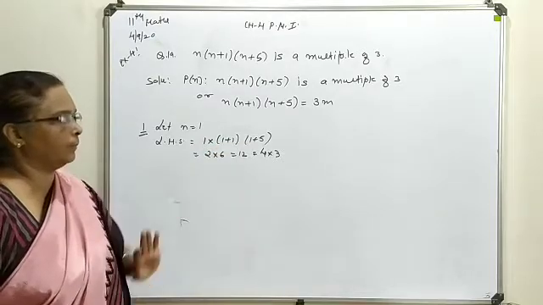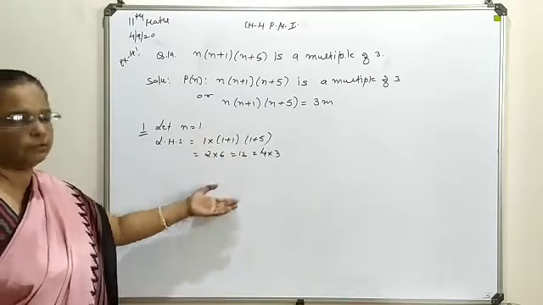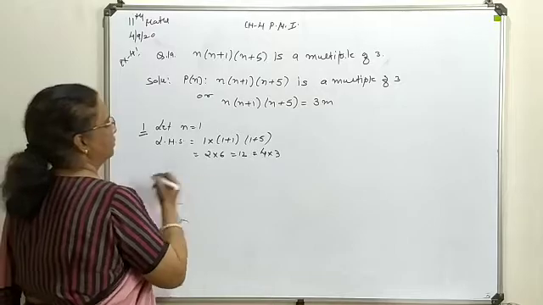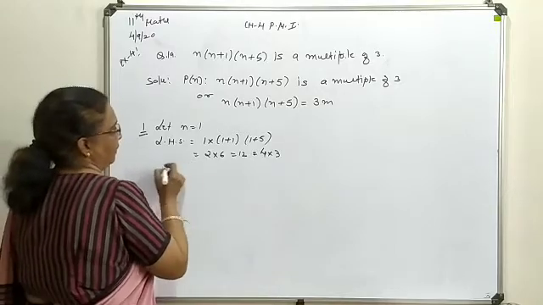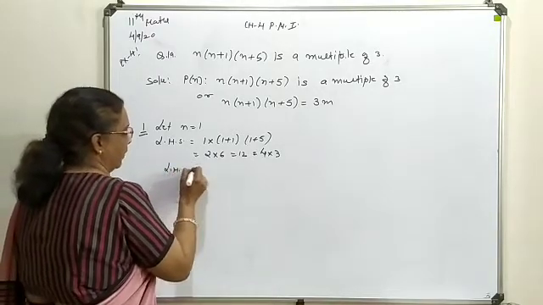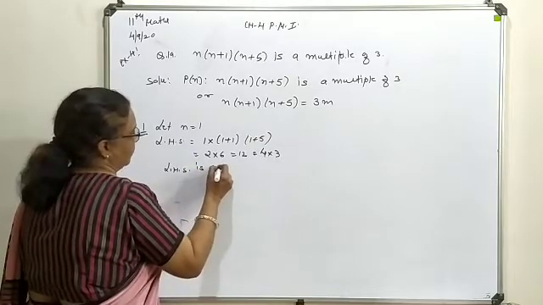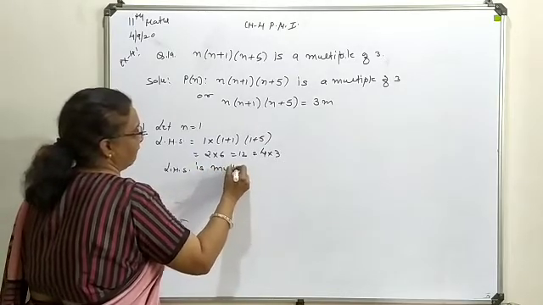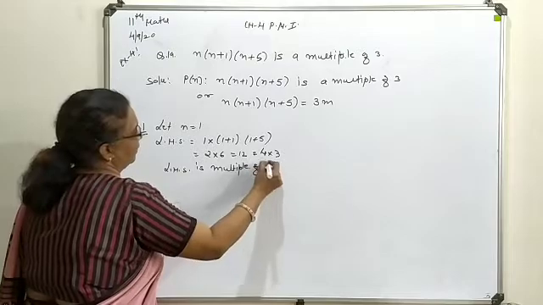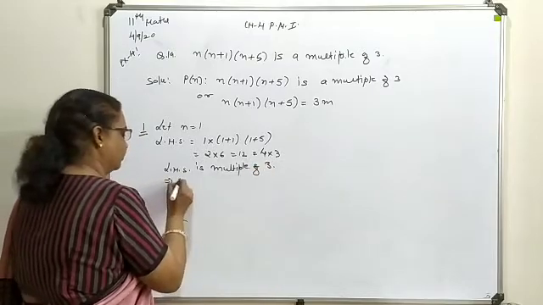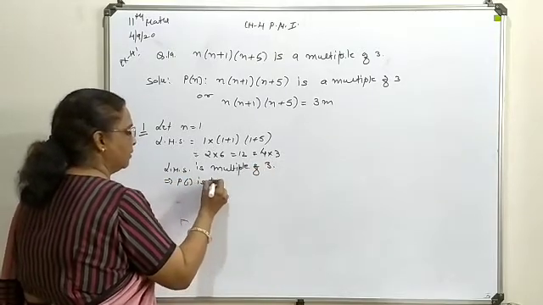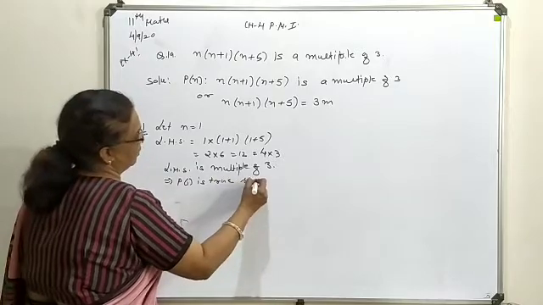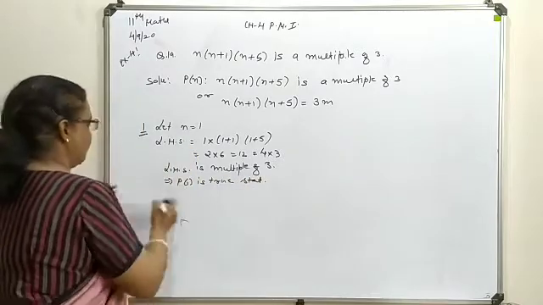So this n plus 1, n plus 5 is divisible by 3. So here you can say that left hand side is multiple of 3, means P1 is a true statement. Now next one,